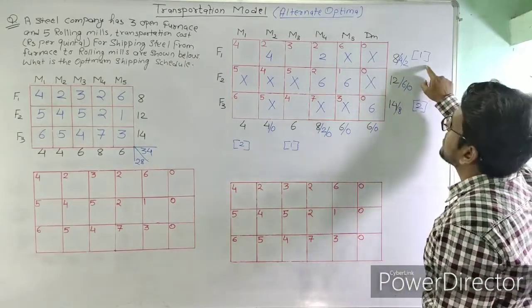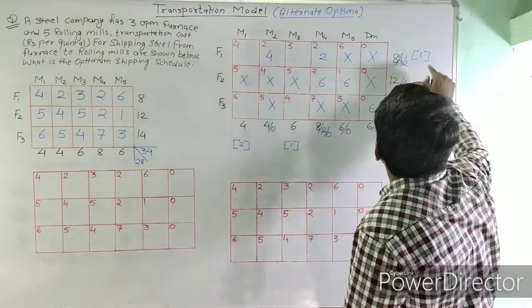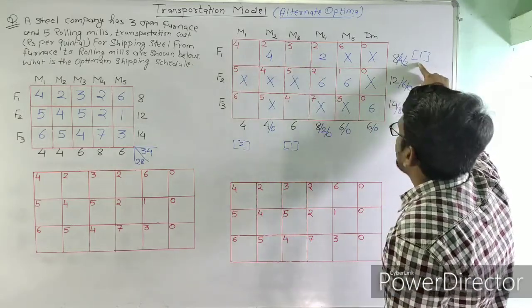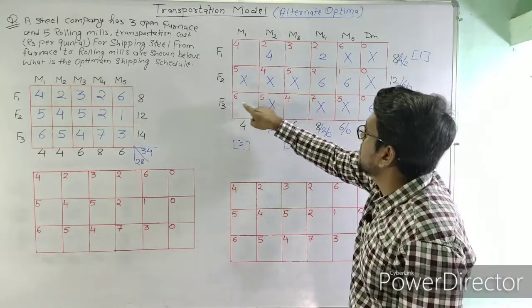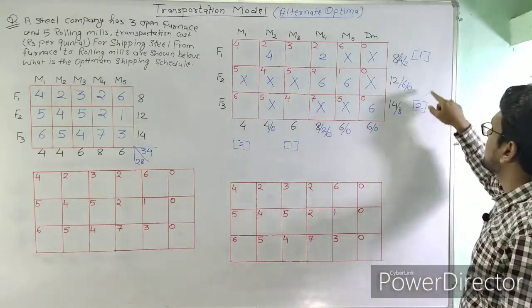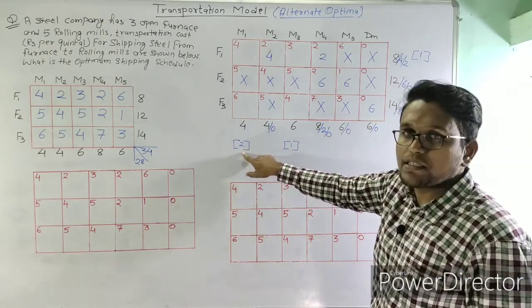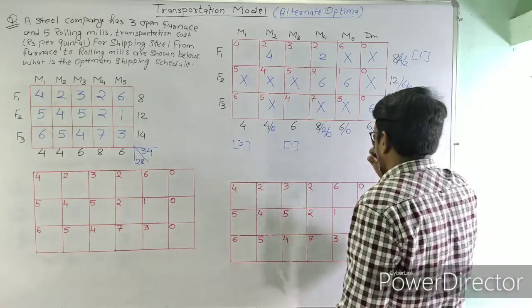And in the rows we can see that minimum is 3, next minimum is 4, so penalty is 1. Here minimum is 4, next minimum is 6, so the penalty here is 2. Now we can see that there are two same values, that is 2, having the maximum penalty. So let us select this 2,